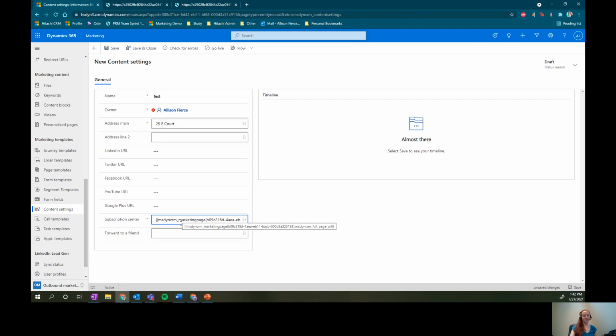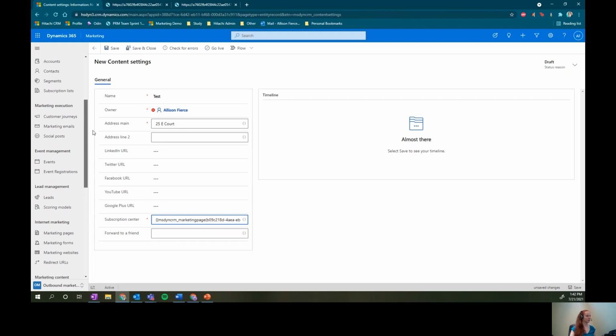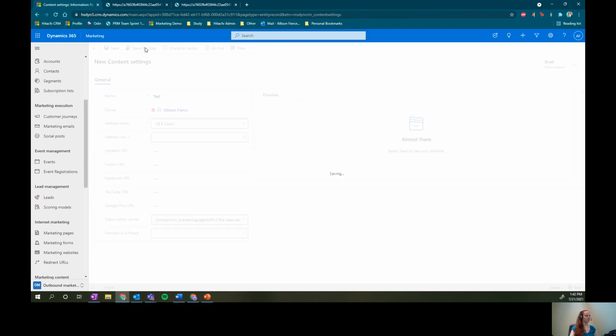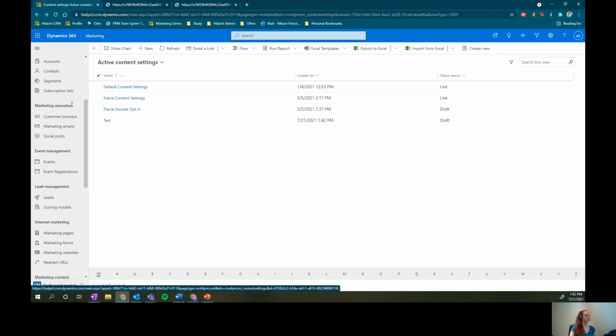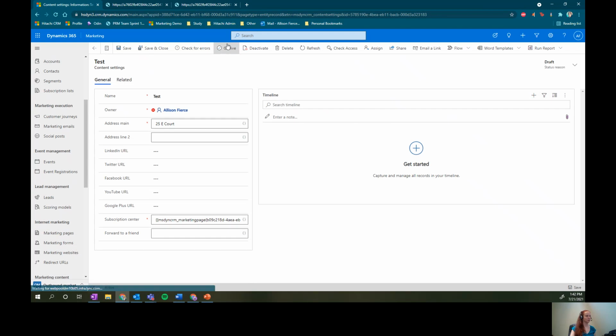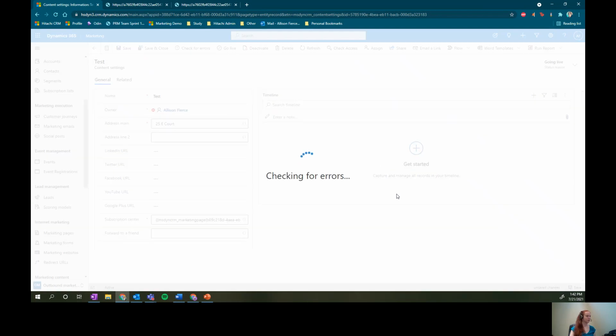Okay, now if I'm using an email, what I would do is choose this set of content settings. Let's just do a basic send. So I'm going to save and close and go live. Don't forget to go live with your content settings record as well. There's so many checks and balances. But if I go live with this record,